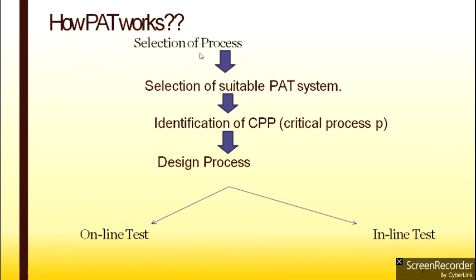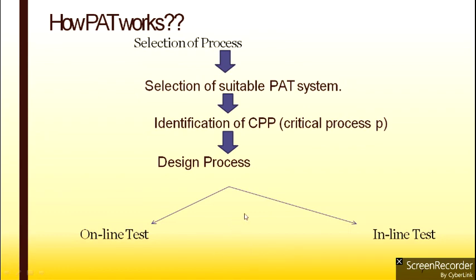And how does it work? You select the process and you analyze whether the selection is according to the PAT system. So how do you analyze whether a process is according to that? You will have a V model or life cycle model to analyze whether it is suitable for a particular system. Then identification of the critical process parameter. So you will check which is the critical process parameter, and then you will design the process. So designing the process, you are now supplementing the process step with the design process, that is the PAT system is being installed to the critical process, which will take the inline and